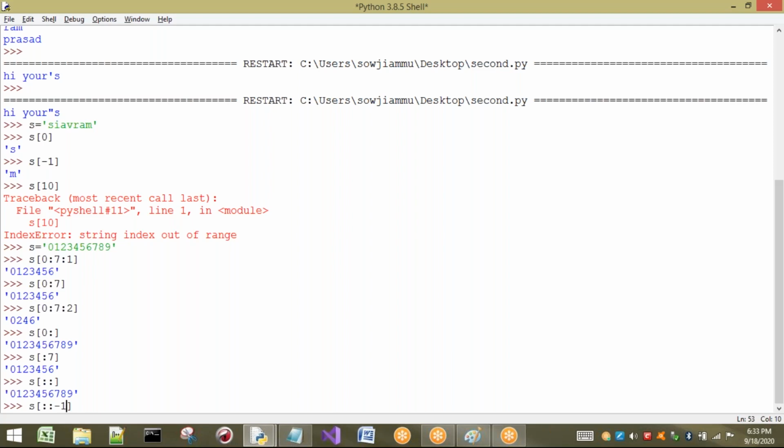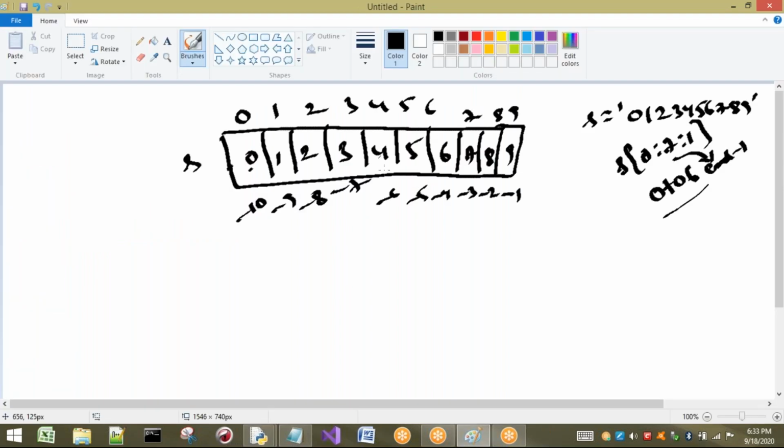One thing you have to understand is, if I am not going to consider begin and end, what are the default values of begin and end? Begin is -1, end is minus length of string plus 1. For example, the same example I will consider here. Here I have taken just -1.